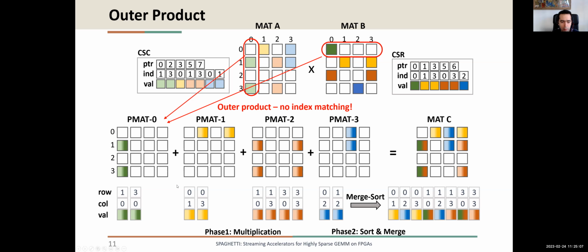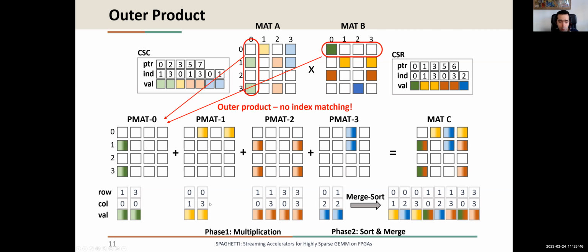You see only the non-zero elements, right? And in order to do this accumulation or merging phase, you have to sort the non-zero elements, because you need to find the non-zero elements with the same coordinates. For instance, here in P0 and P2, we have this 1, 0 non-zero element here, and 1, 0 this orange one here. So these two elements are in the same location. So in the accumulation phase, I have to accumulate those, I have to reduce those two, right? And that gives me this one.